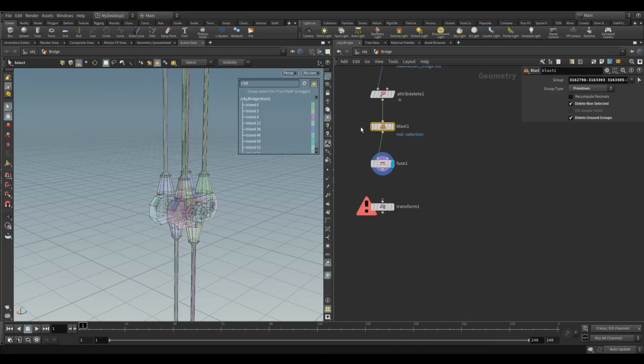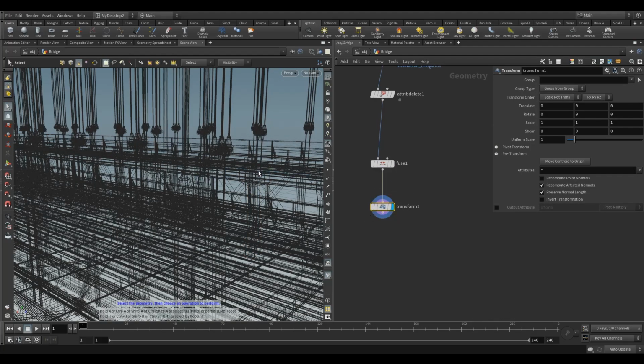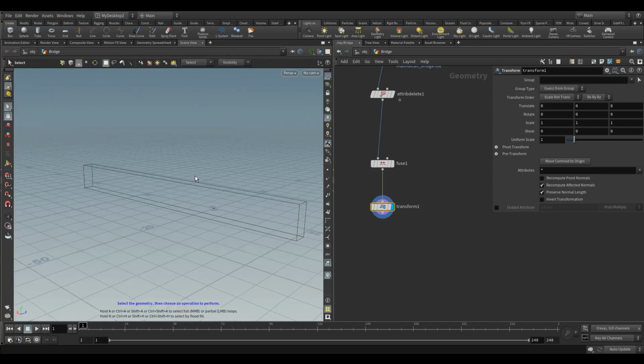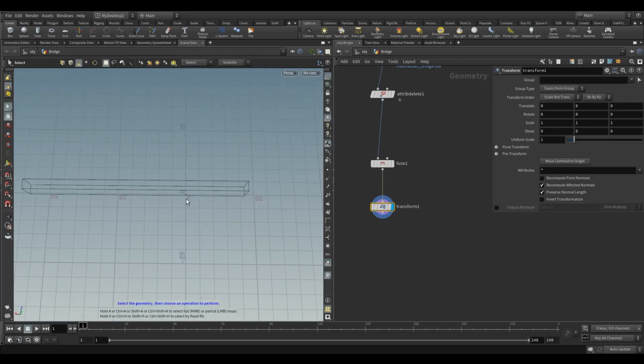Okay, and then finally I'm just going to move the whole thing. So we'll get rid of this blast. Don't need to do that. It's just for diagnostics. Turn that on. Press 9 to get rid of that selection thing. Okay, you can use wireframe, but when you're moving the whole model around, you can also just set it to bounding box. So that's just a bounding box around my model, and there's my origin point. So I just want to move this over so it's pretty much central,